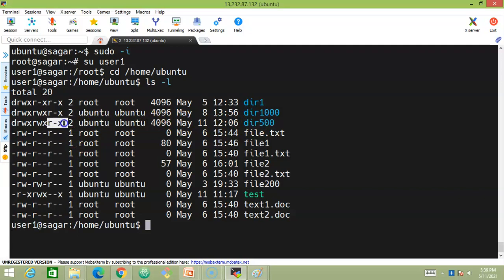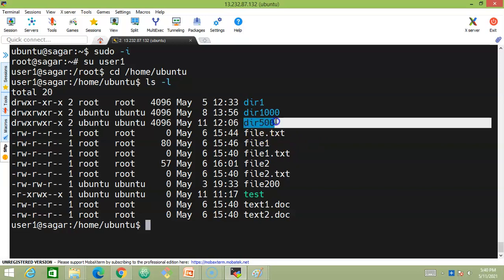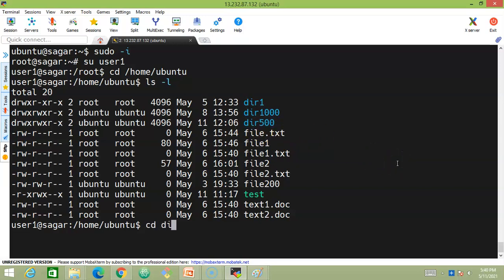So what type of file permissions does the other user have? Only read and execute. It means that user1 can log in, can go into this directory, can view the contents, and can open this directory also. So let's look into this dir 500. And what if this user1 is planning to create a file inside this now? Being user1, we would like to create one file using the touch command. Look at the write permissions of this particular directory 500 for the other users.